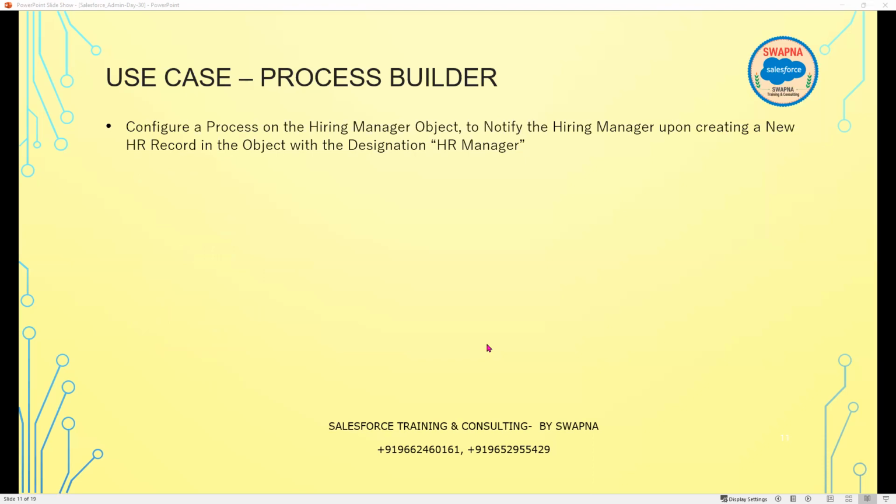Configure a Process Builder on the hiring manager object to notify the hiring manager upon creating a new HR record in the object with the designation HR manager. That means we have to create a Process Builder on the hiring manager. Now, why should I need to create it on the hiring manager? To notify